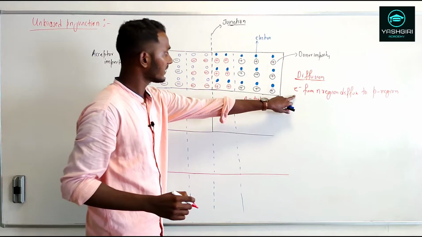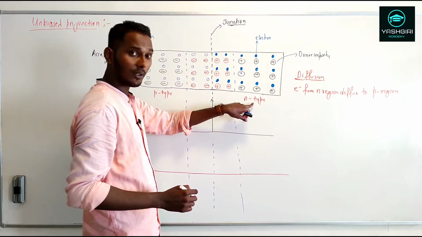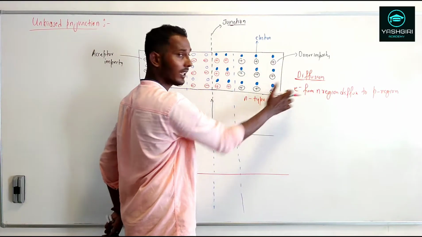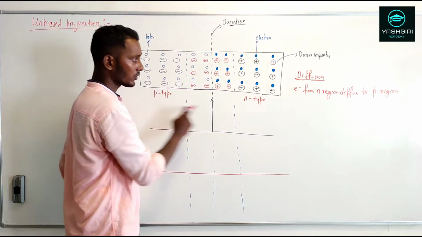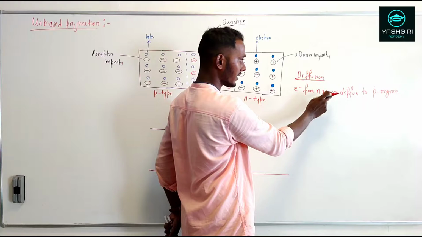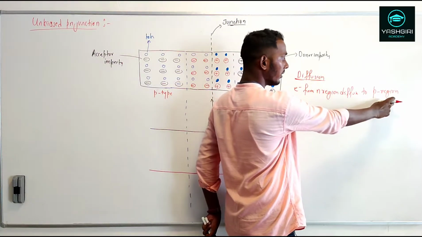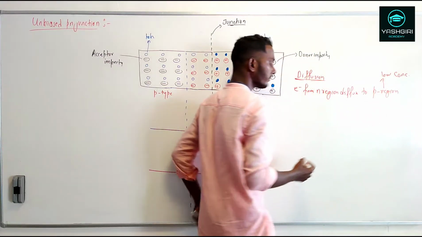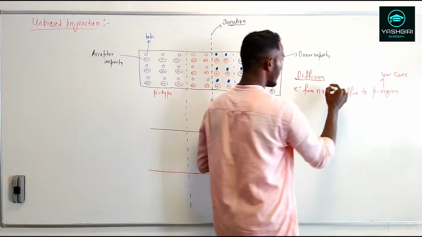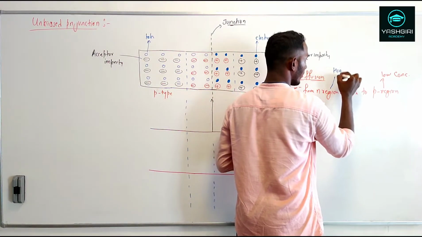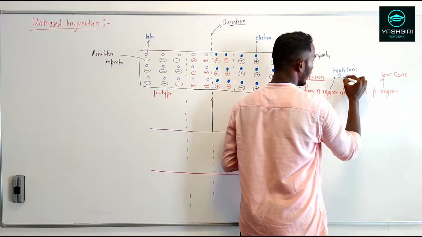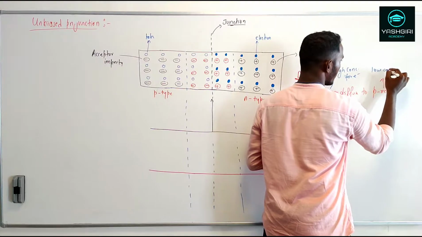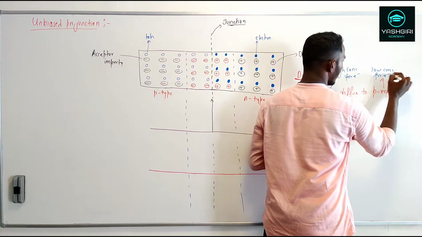Okay, so what is this? In this n-type, the electrons are the majority, and this is a region of higher concentration for these electrons if you compare it with the p-type. So the electrons from the higher concentration region, that is the n region, will diffuse to the p region. The p region will have a lower concentration of electrons. This is your lower concentration. So the n region is the high concentration region for electrons, whereas this is the lower concentration region for electrons, right?